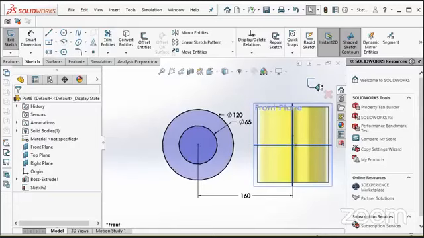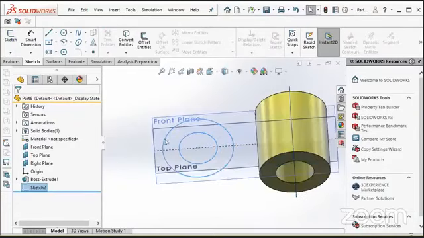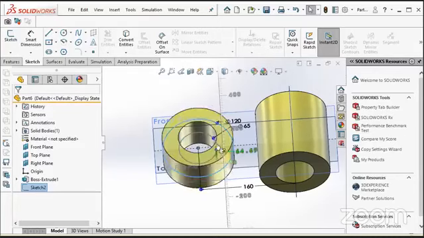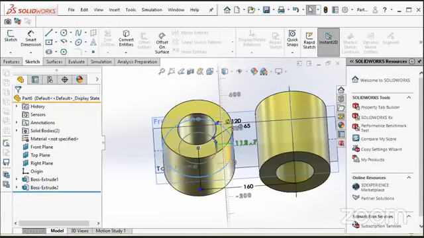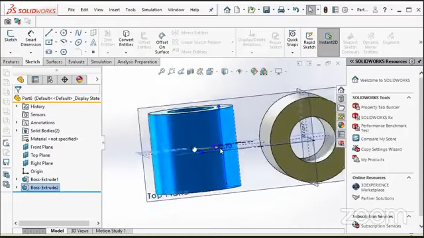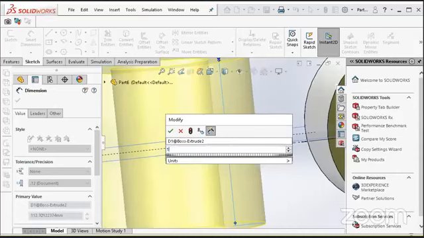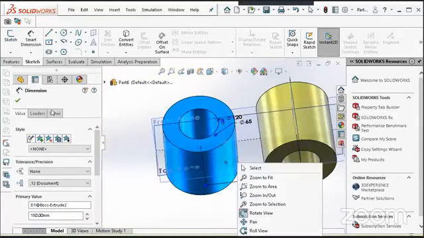Once I have done it, I will click proceed. And again, I will select here and make a protrusion from the center. I want to give it a value of 150 millimeters from the mid of the plane. Now I'm done.